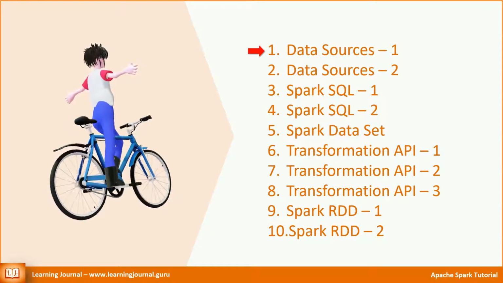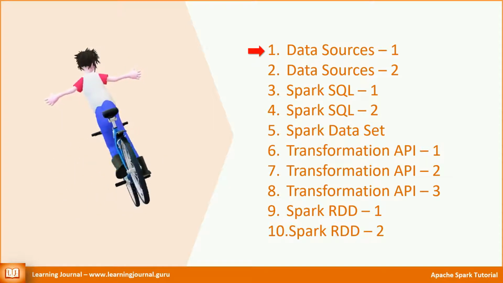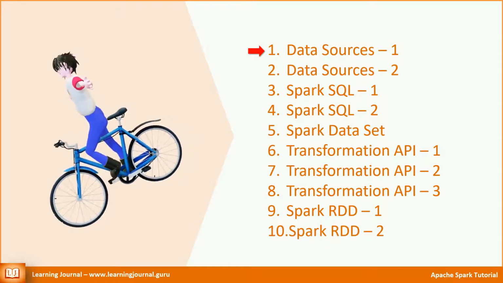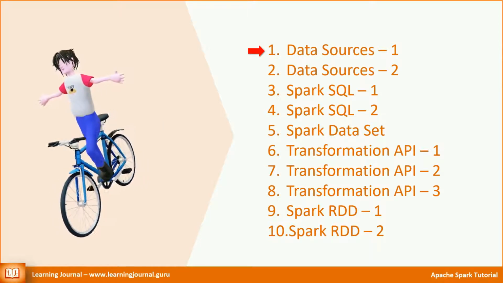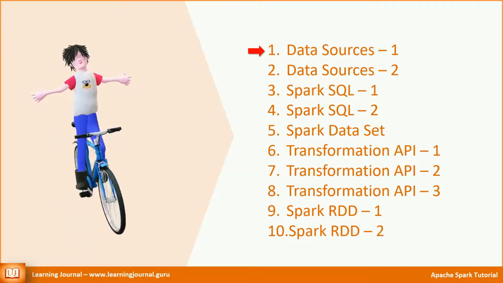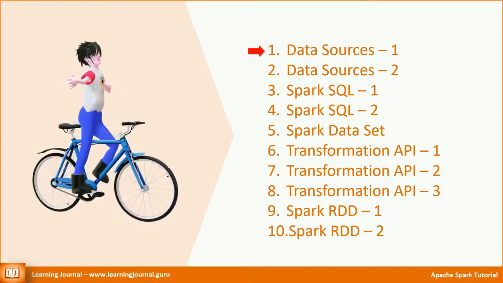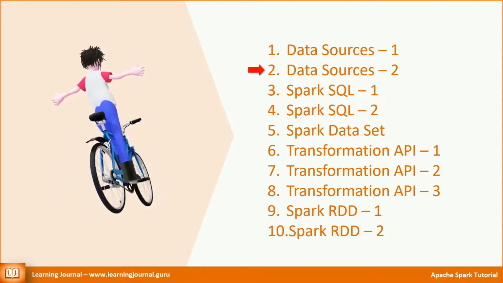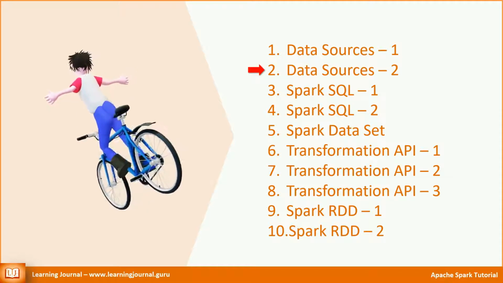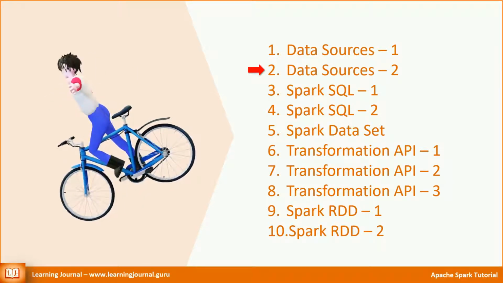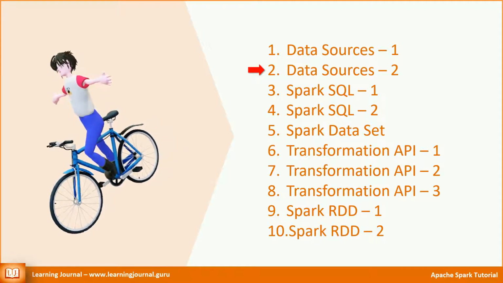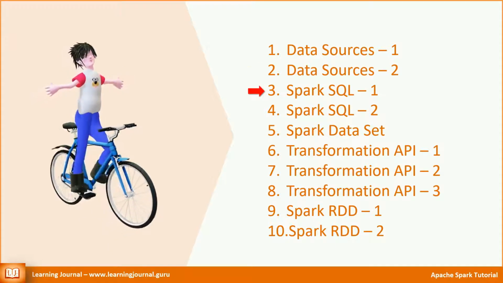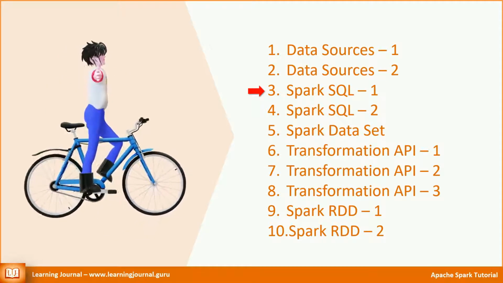We will start with the data load and save process. In my next two videos, I'll formalize the data load and save process. I'll create a set of examples and cover Spark's core set of data sources like CSV, JSON, Parquet, ORC and JDBC. The list of third-party Spark data sources is too long. We cannot cover all. However, I'll cover some third-party and community data sources also to give you an idea of using community connectors. Then we will move on to the transformations.